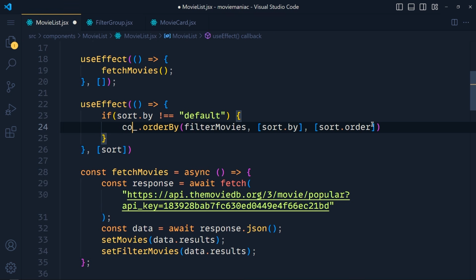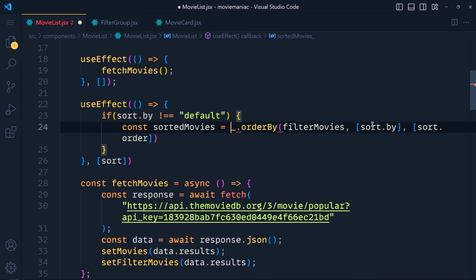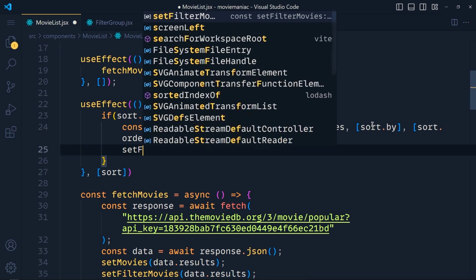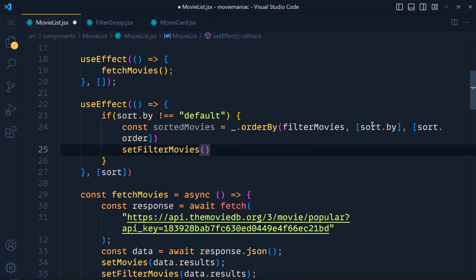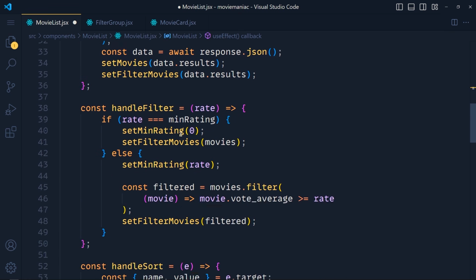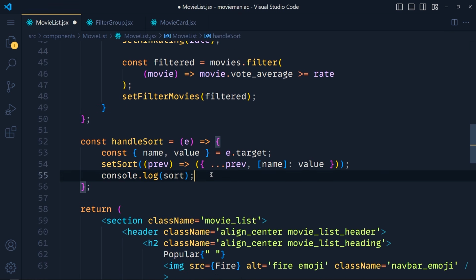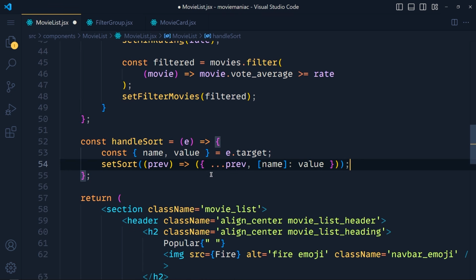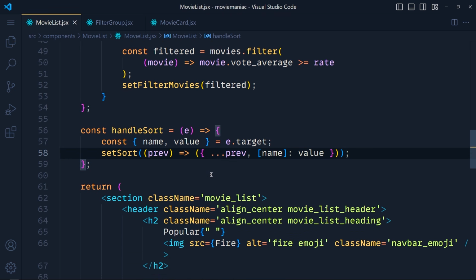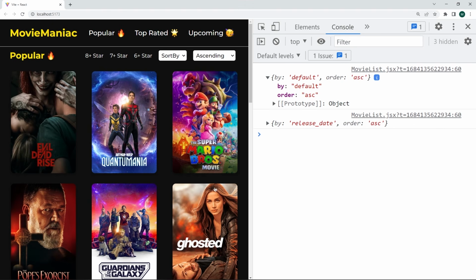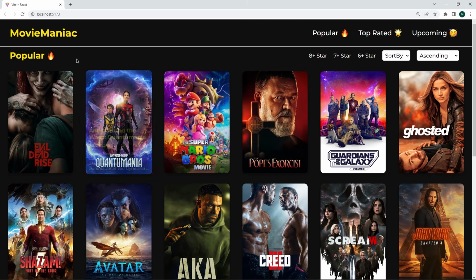So we store that in variable called sortedMovies, and after that we set filteredMovies to sortedMovies. Simple as that. Also, from our function, we remove this console.log. We don't want that. Save the changes and take a look. Close our console, refresh the page,